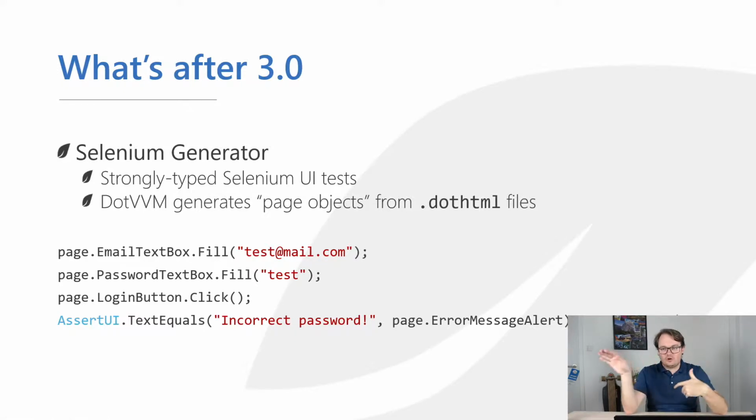And if you change your UI, the generated code will change too, and that's where your tests break, because if you remove the password field, there will be no password text box property in that generated class. So you will immediately know that this test has been broken because it won't even compile. So that's what we are, and I am really looking forward to this feature, because until now, writing UI tests